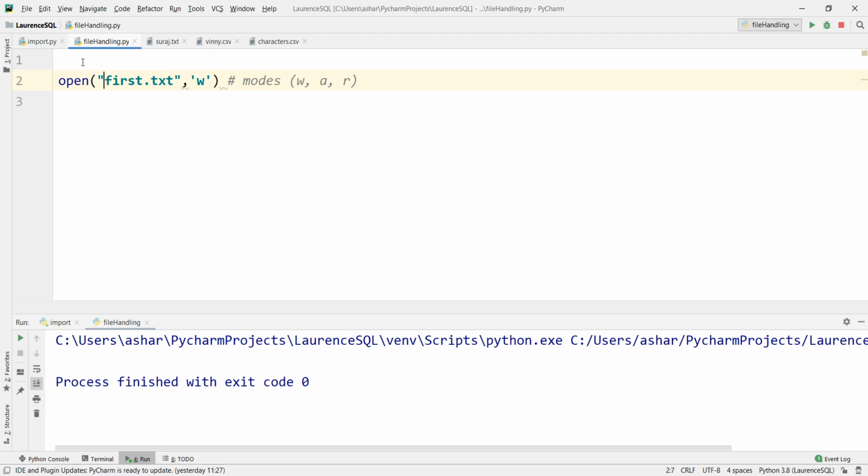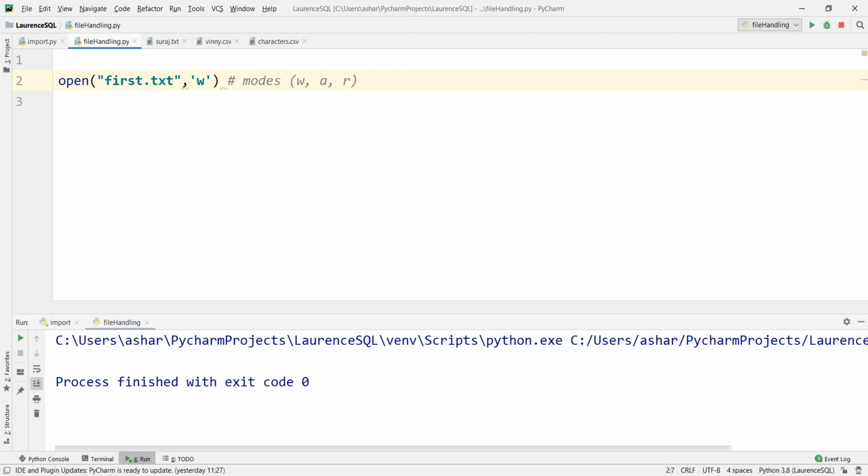If you want to use the absolute path, the absolute path would be something like this. So you're creating a file on D drive inside a folder, let's say, and then inside that folder you have that file. So that's called absolute path. We are using